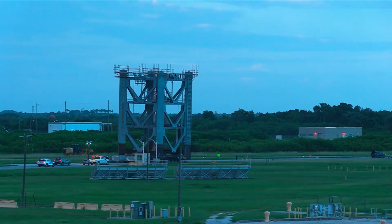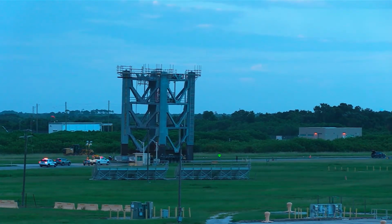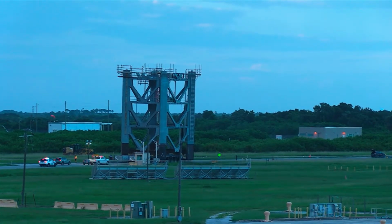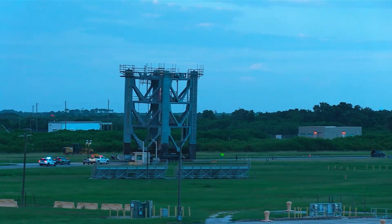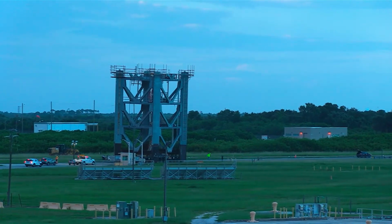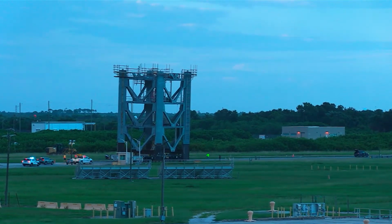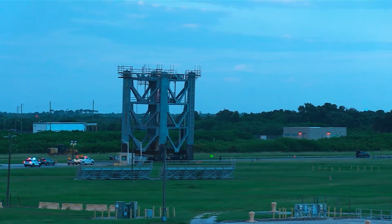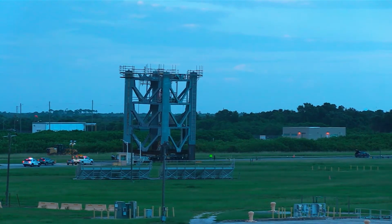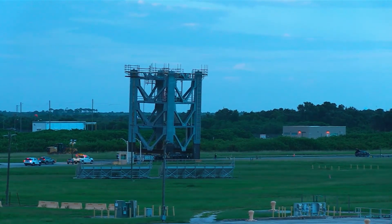As you can see, the operation continues to move rather slowly through this narrow stretch of two-lane road near the vehicle assembly building. This is typically what we've seen before from the previous three segments that were moved out to the tower construction site at Pad 39A. We've seen the move slow down in this area near the VAB, or the vehicle assembly